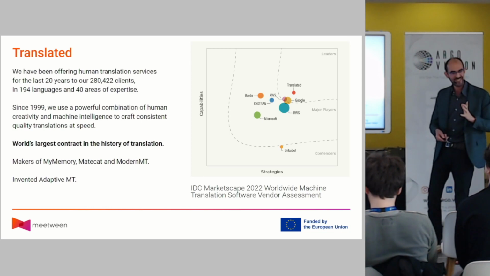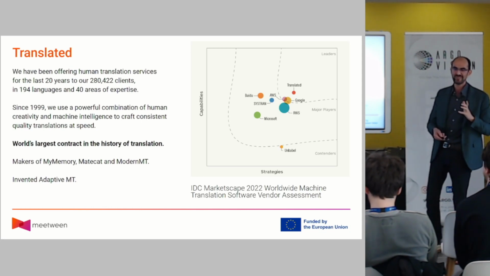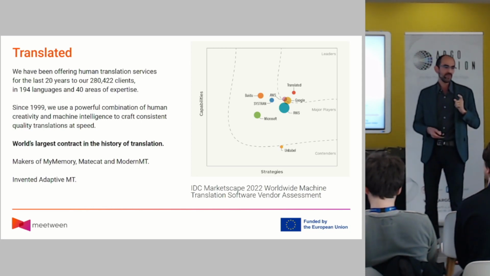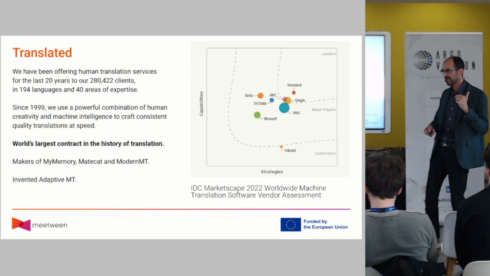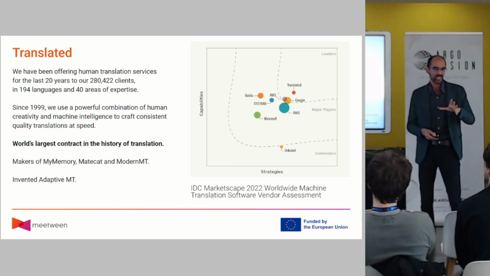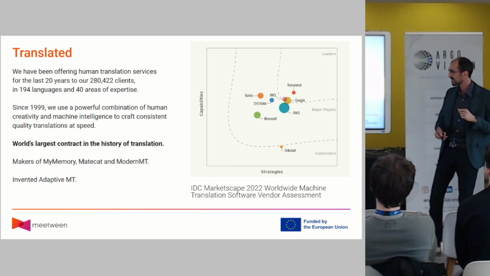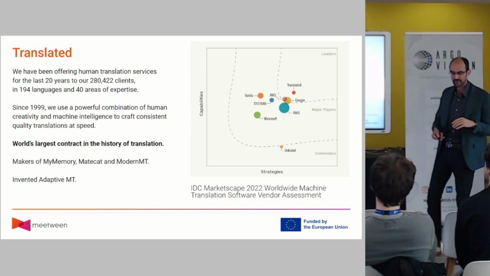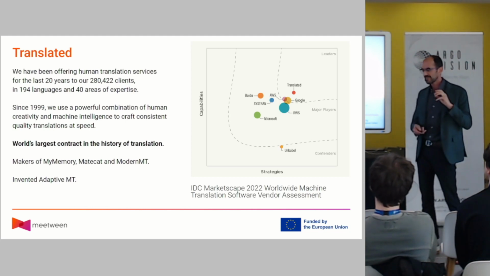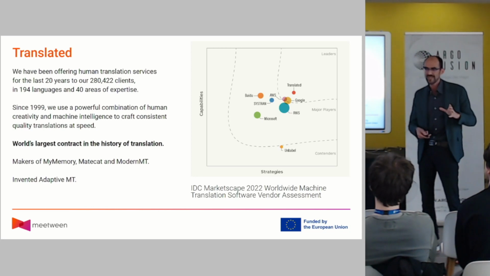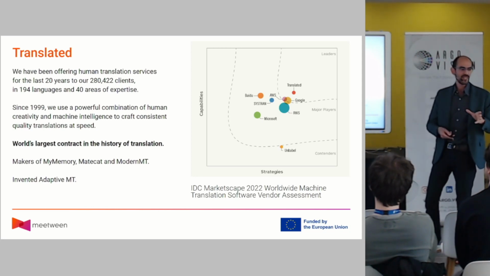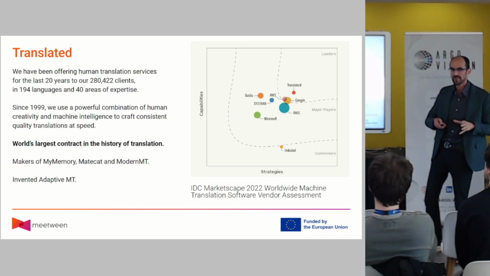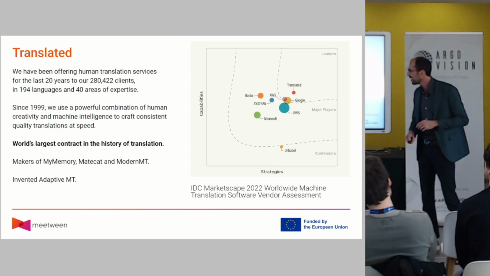The number is public, so I can tell you it's 120 million euros, no dollars, with Airbnb back in 2021. So it's the largest known single contract in the history of translation. Qualifiers are in order, because we kind of think that there were defense projects in the US where maybe the amounts were bigger, but we don't know for sure. Anyhow,